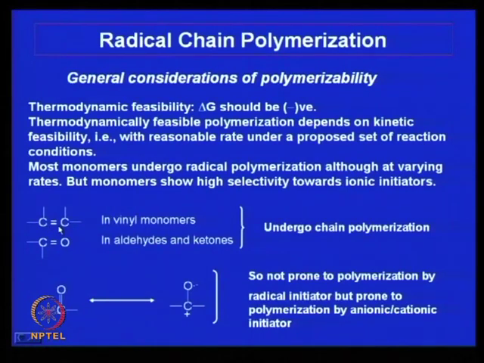It will disturb it in such a way that it can polarize, forming a positive center as well as a negative center, positive on carbon and negative on oxygen, depending on the electronegativity of the atoms present there,